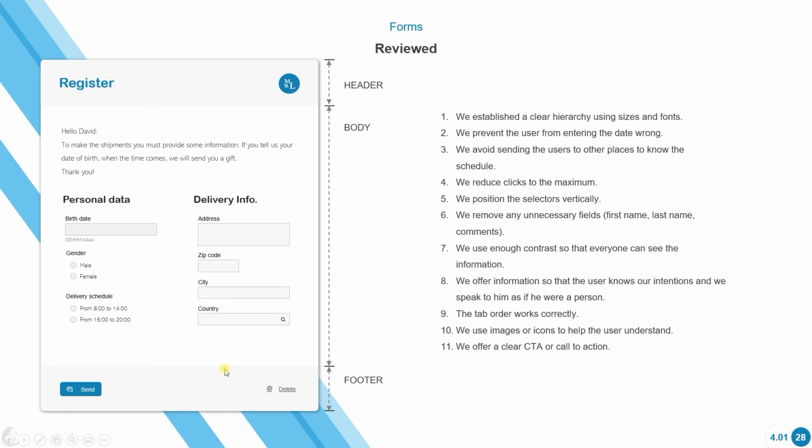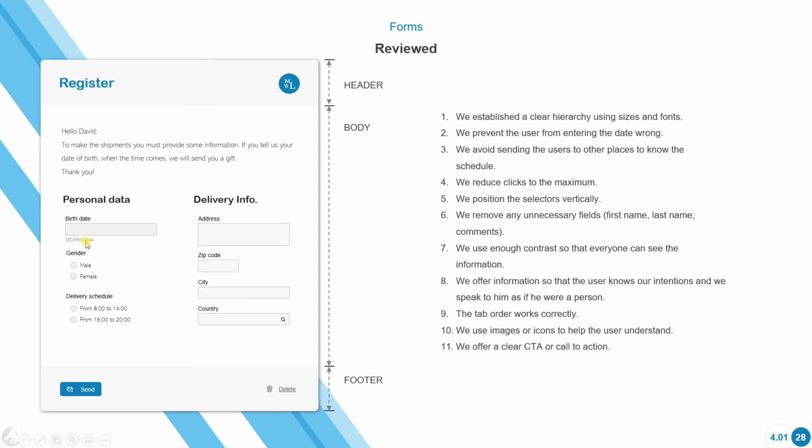We're also preventing the user from entering the wrong data. We're giving them examples. For example, here in the birth date, let's say I start typing the date and the first thing I type in is the year. Well, if I don't want the user to do that, I should give them an example of what would be the correct way of inputting data into this field.